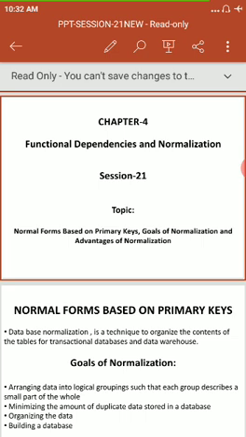See, in general, I will give one example here. In a file-oriented system, we will maintain two types of files, master file and transaction file.